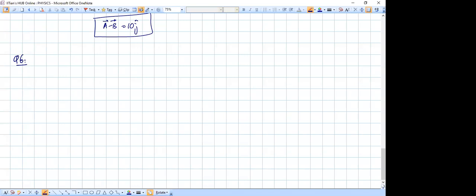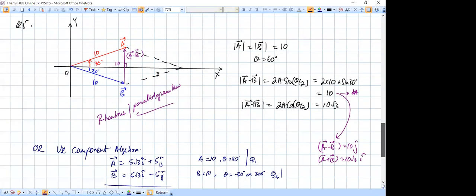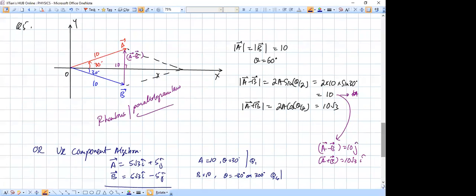Yes, you have a doubt in question number 5. Okay. See, I've explained question 5 over here. Only by mistake, I've taken the vectors as A and B. Acha, that is only fifth. Oh, my mistake. This is question number 6. Okay, okay. My mistake. This is question number 6. I'll come back to question number 5.